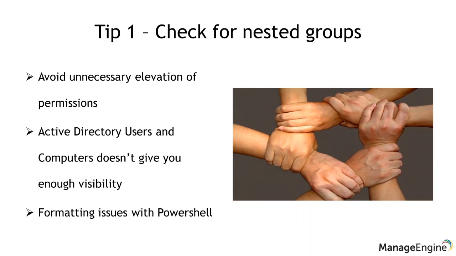If you're wondering what I mean by nested group membership, if I try to investigate the permissions of a specific user account in Active Directory, all I do is log into my domain controller, open up Active Directory Users and Computers, and double click on the user account to get the user's properties. The first thing I would look into is the Member Of tab. Going through the membership, I would be able to find out the groups that a specific user is a part of, right? But what the Microsoft console isn't giving you is,